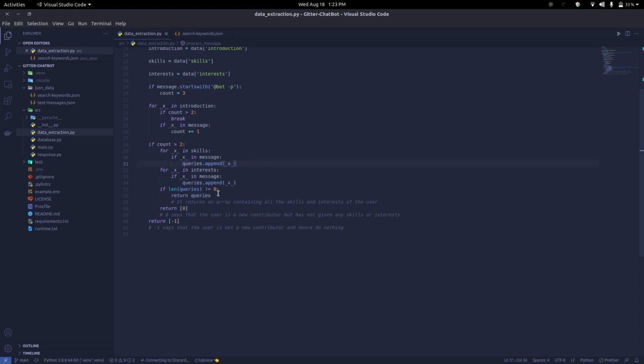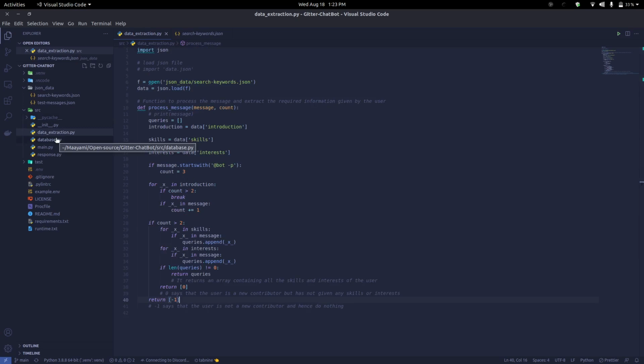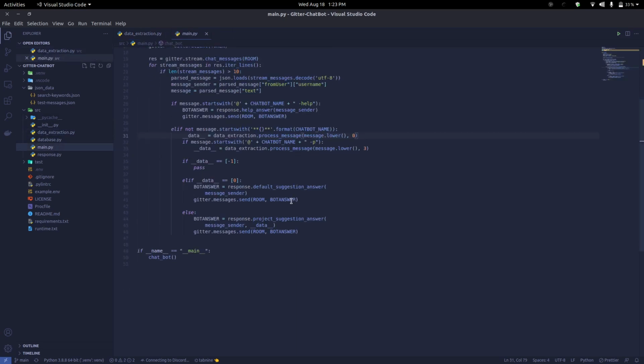After all this, if the length of that array is not 0, that means the user has given us some skill, so it returns that array. Otherwise it returns 0, and 0 means that the user is a new contributor but has not given us skills and interests. And -1 simply means that the user is not a new contributor, it's an existing contributor. Alright, and coming back to the main.py module,